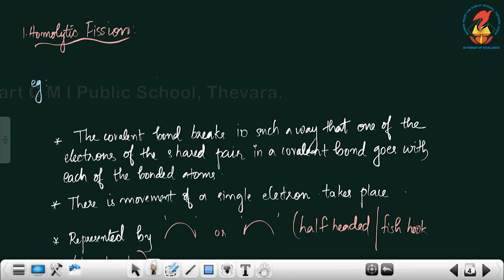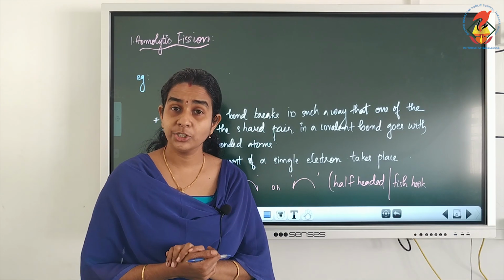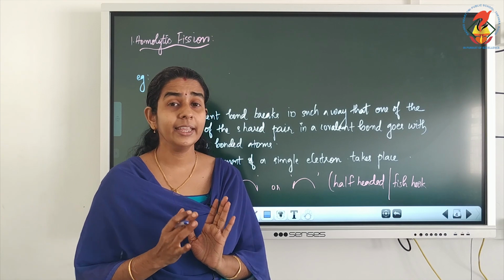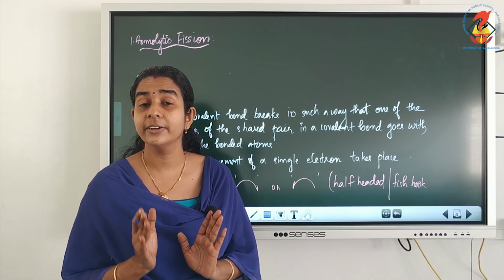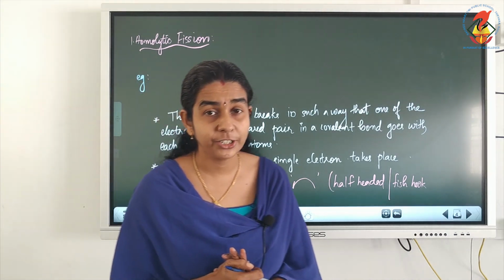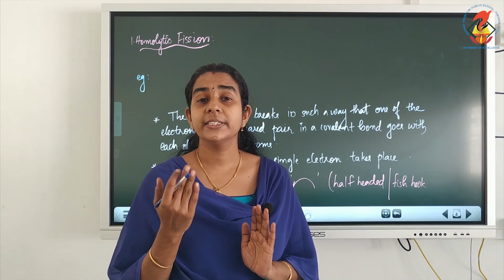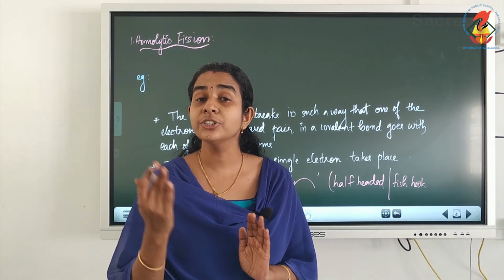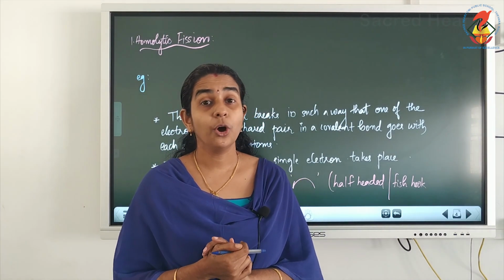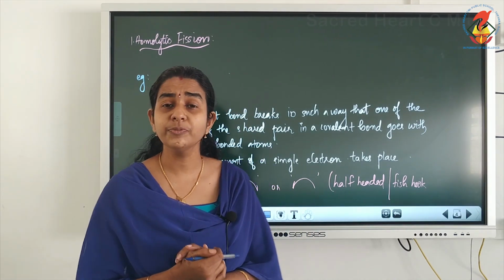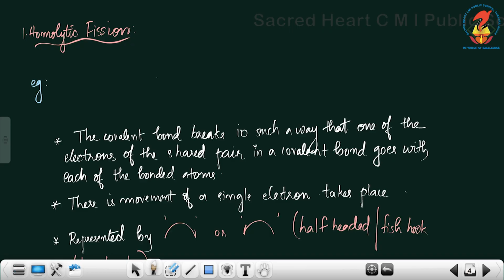Okay. First we will see what is meant by homolytic fission. This homolytic fission actually takes place mainly in the presence of high energy radiations like UV radiations or in the presence of heat. So, high energy is required for homolytic fission. So, first we will see what is this homolytic fission. Take the simple example of